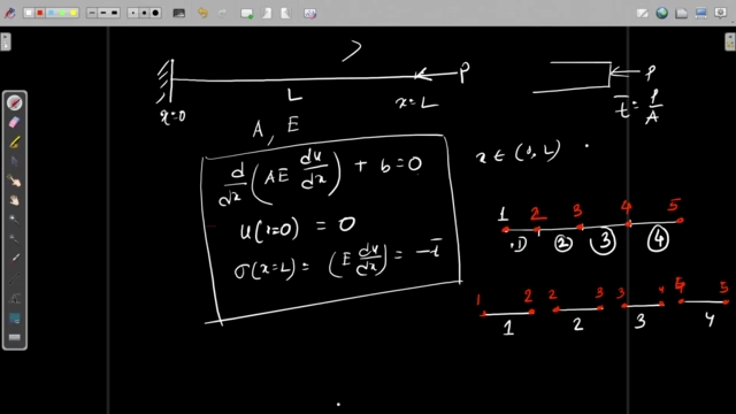At node number 1, the displacement is 0, u is equal to 0, and at node number 5, the traction is equal to P by A. That is given. That is the constraint we have. And